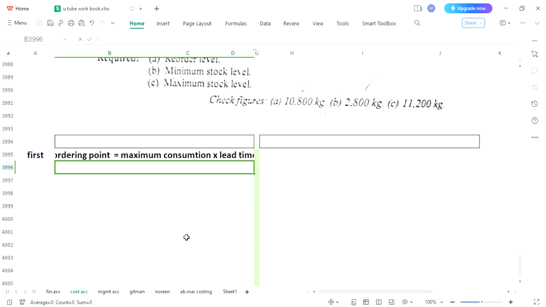I would like to explain both of these factors, what maximum consumption is and what lead time is. Whenever you give your order, obviously you have in mind that your manufacturing process should not be stopped. So if you require 2000 units and you buy 2000 units, equal to your requirement,